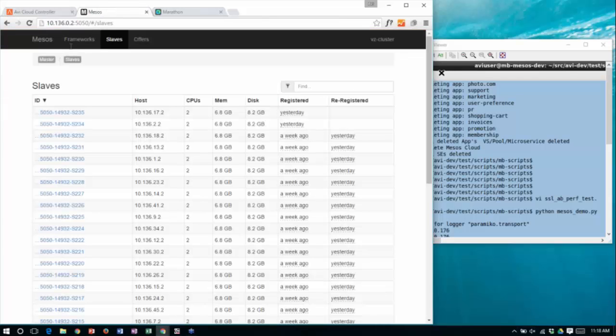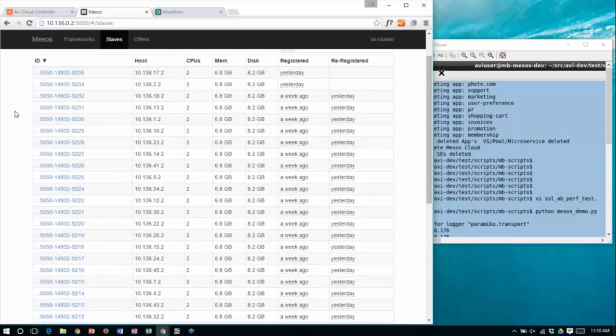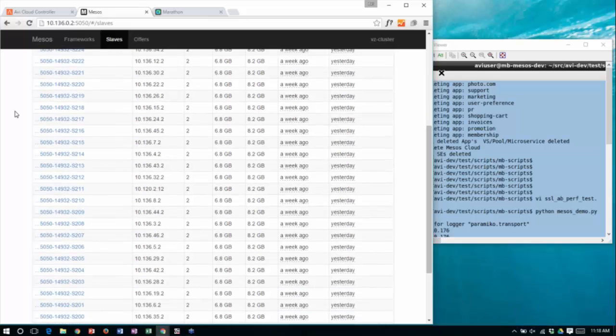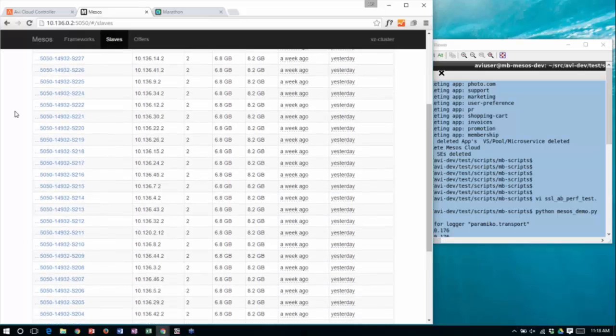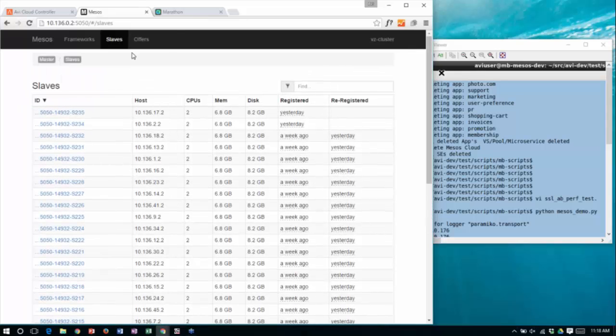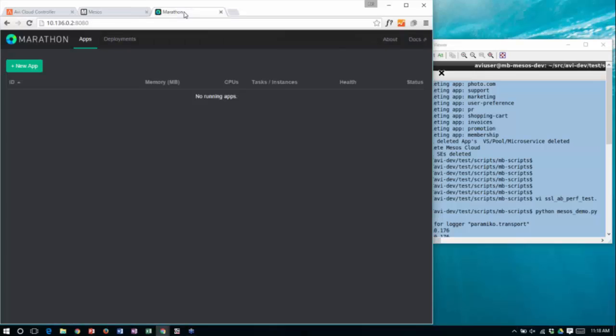Before we do that, let's take a look quickly at the Mesos cluster as well. I've got a number of Mesos nodes. Ranga, how many nodes would this be? Existing microservices, existing applications that we don't disturb. So this is a fully functional Mesos cluster in an environment that our developers are also using. Marathon is the scheduling framework that we're running on top, and we haven't yet instantiated applications using this instance of Marathon. So that's our world as it looks from your perspective right now.